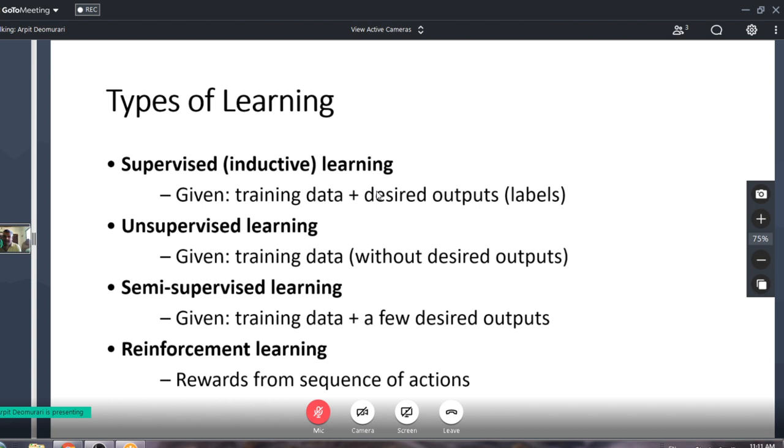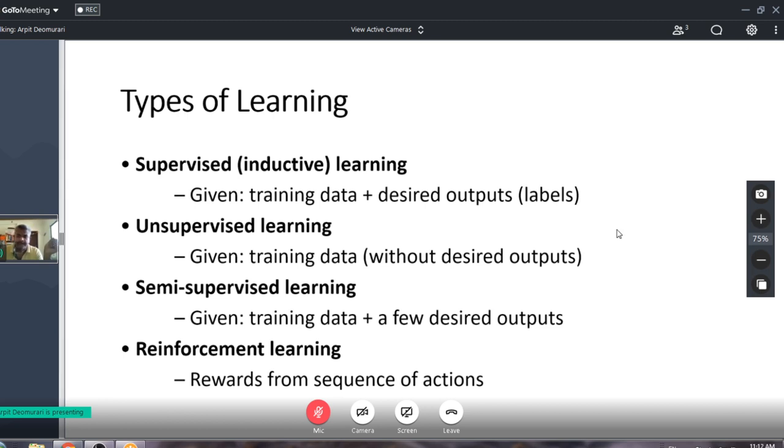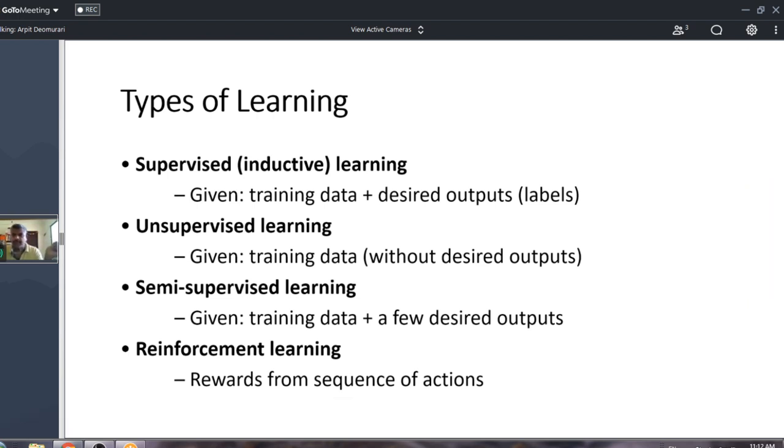And the last one, which is widely used and a kind of backbone to machine learning or deep learning, is called reinforcement learning, where you have training data. In simple words, it's training data and desired output in a loop. So you get new data, the machine learns.